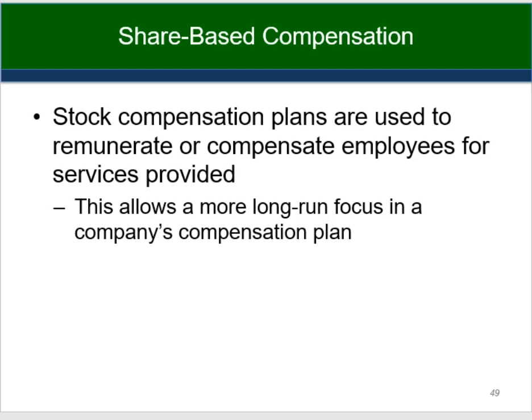The main difference between ESOPs and CSOPs, between employee stock option plans and compensatory stock option plans, is that in the ESOP, the employee pays for the options either fully or partially, and in the CSOP, the management compensatory stock option plans, they don't. So for the ESOPs, these transactions are seen as capital transactions because the company is actually receiving an investment from the employee. So the employee is investing in the company.